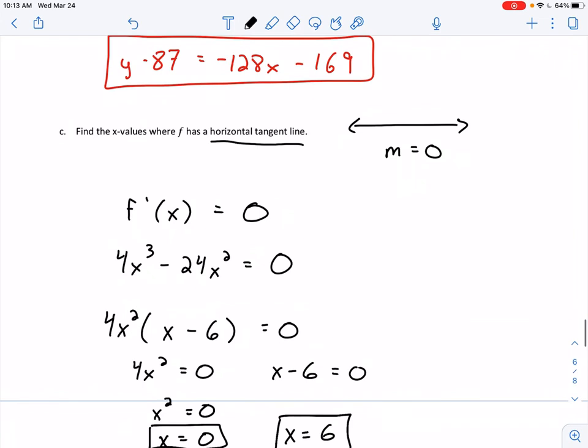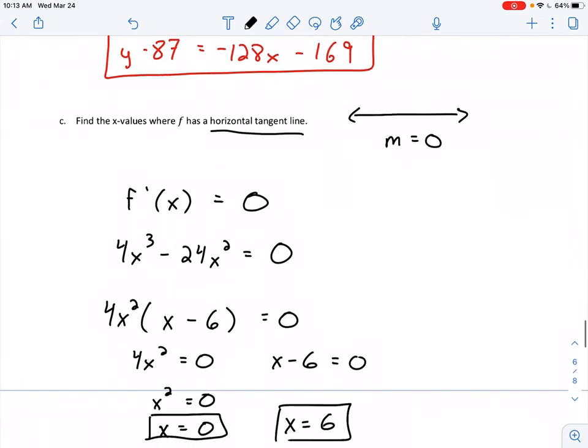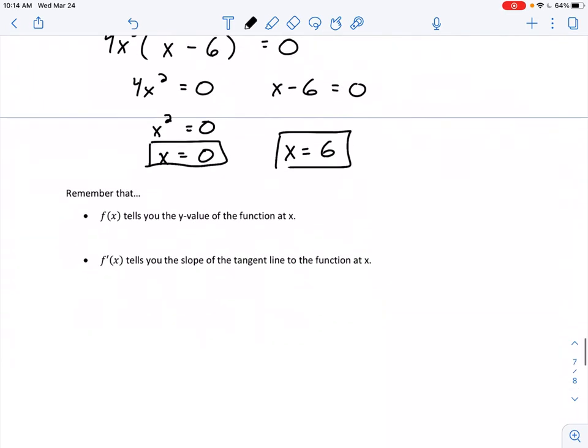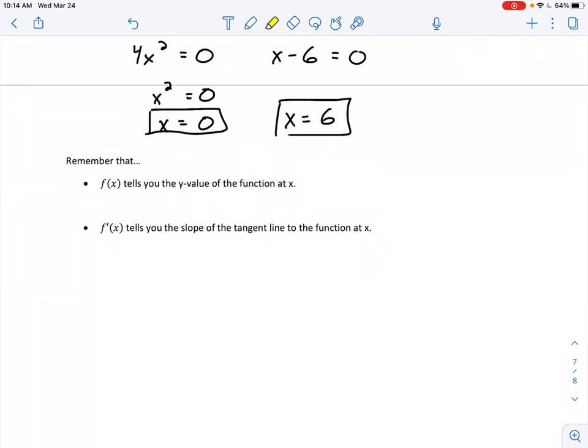So again, this process is really similar. If you go back and review these types of problems from 2.4, the process is exactly the same. It's only finding the derivative that's different, and it's much easier and much quicker in this section than it was last time around. The last thing that I want to remind you of before we wrap this section up is